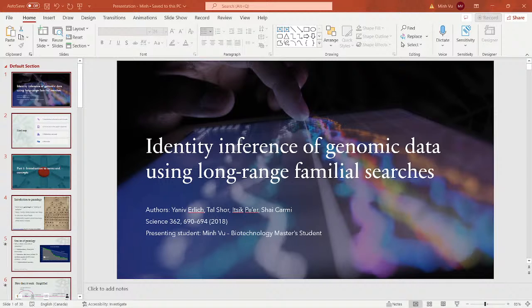The second concept is centimorgans. A centimorgan is what they use to measure the length of the IBD. It is a unit of measurement for the length of a segment in the DNA, but it's not exact. By exact, I mean if you measure with base pairs, then 100 base pairs is always 100 base pairs, no matter which chromosome or which person you measure it from. 1 centimorgan is different.